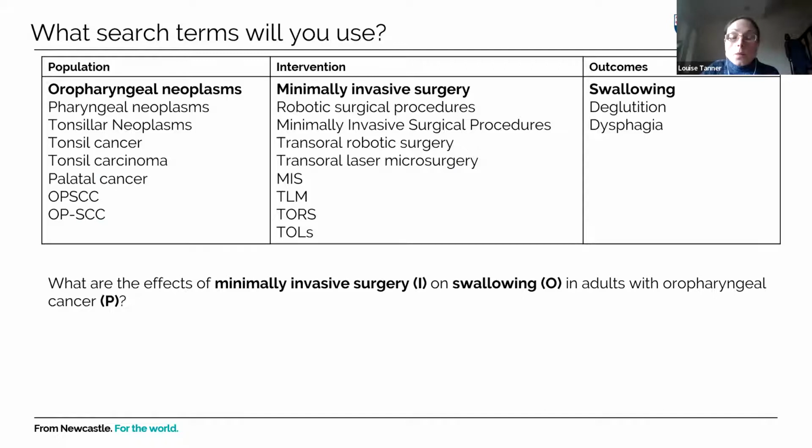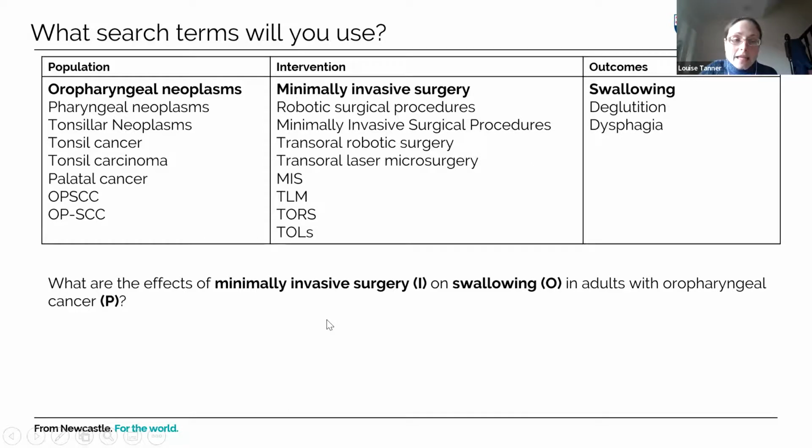So once you have decided which combination of sources you are going to search to find studies to include in your review, you then need to develop some search terms. In order to develop your search terms, it's a good idea to break down your review question. If you've developed that using the PICO method, you could maybe produce a table like this. As you can see, in the first column it says population, the middle column says intervention, and in the third column it says outcomes.